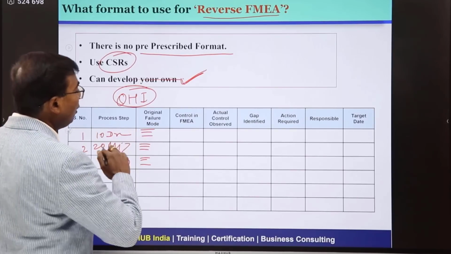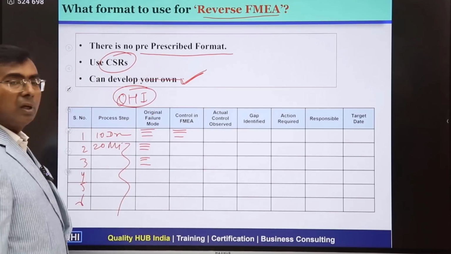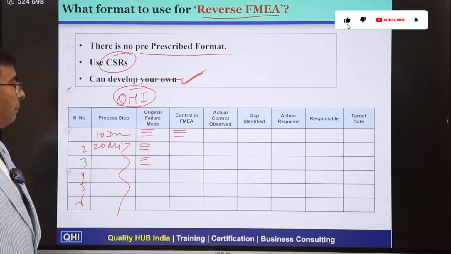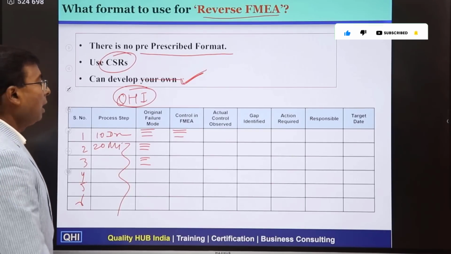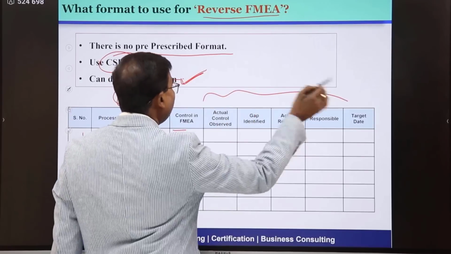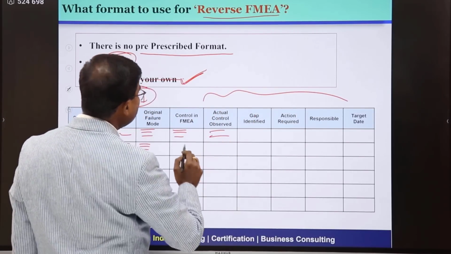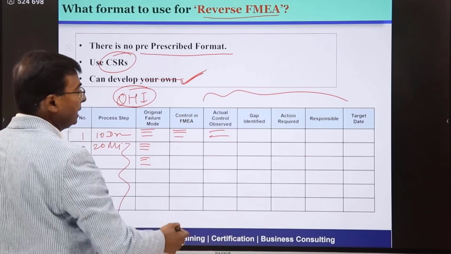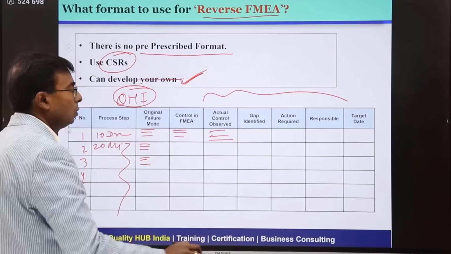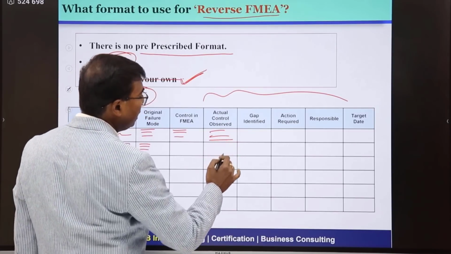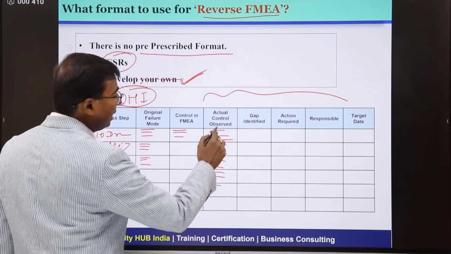Now, what kind of control has been put in place for each of the failure modes prescribed by the original FMEA? Write down over there. Okay, so all these inputs are from the original FMEA format, right? Now, after reviewing the Gemba or shop floor, we need to fill this area. What is the actual control observed for each of the failure modes and the control put in place? You need to review the shop floor area, Gemba area, process, control, everything and write down here the actual control observed, based on the observation at the shop floor.